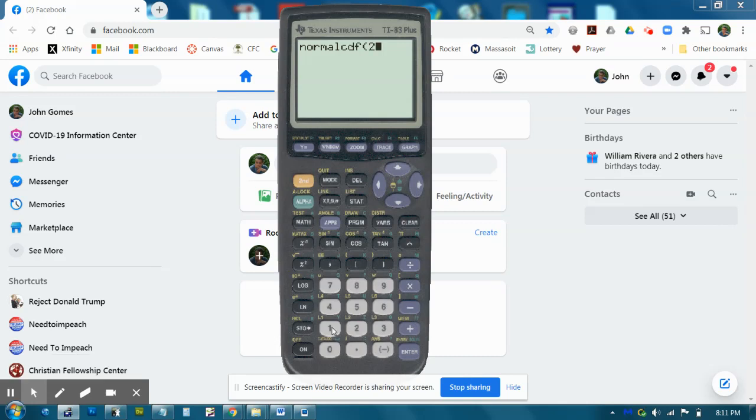So my lower limit for number 2 was 216, comma, I'm going as far as 276, comma, my mean is 258, I believe, and comma, and I think my standard deviation was 24. I get the idea. Separate with commas. Hit enter, and then there it is, exact same answer. So that's the 83, or if you have an older model, an older operating system, an 84. Hope this